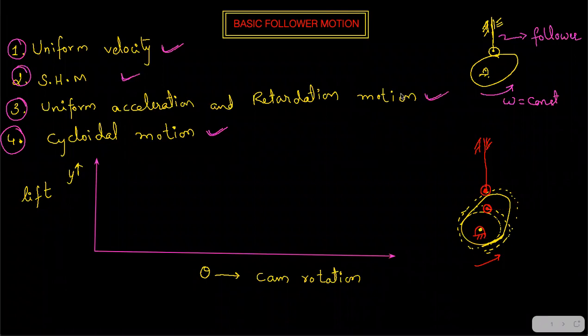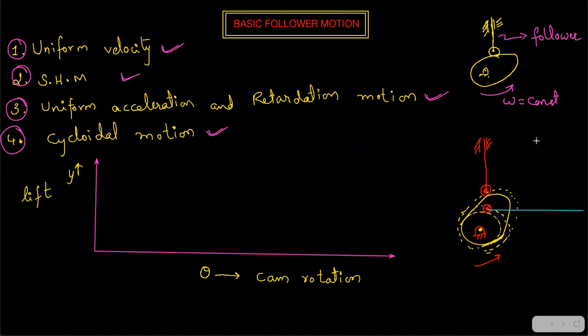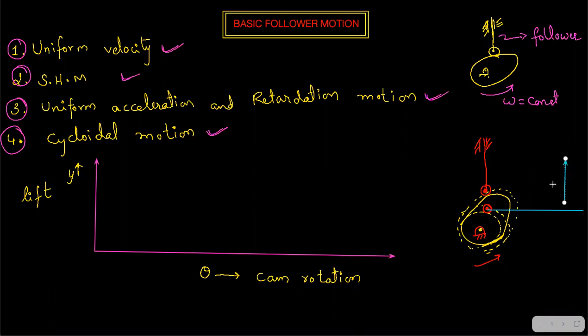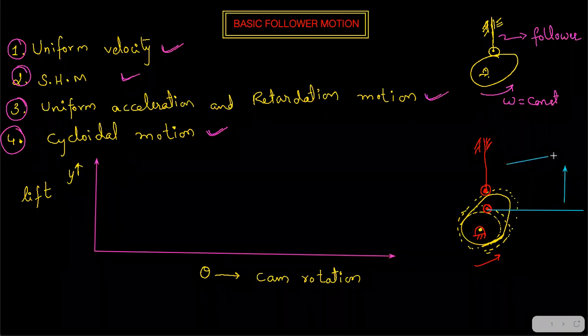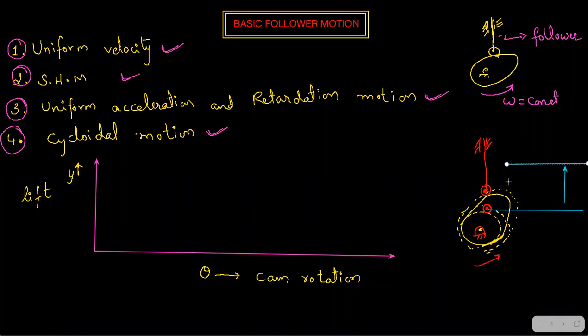Let's draw with some other ink to avoid confusion. So this is the least point where the cam will be. From here, the cam is going to go upwards. This is the direction in which you are measuring the follower lift. If this is the highest position, you call this your total lift from the zero position to the total lift. Let's say this is the total height of your follower. It is too high to show.